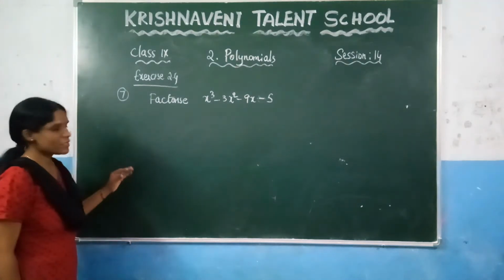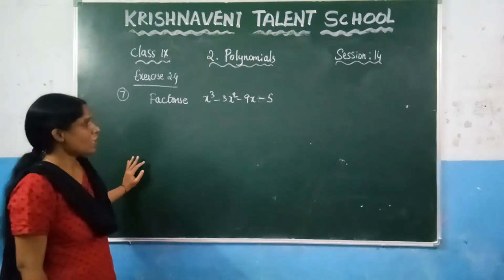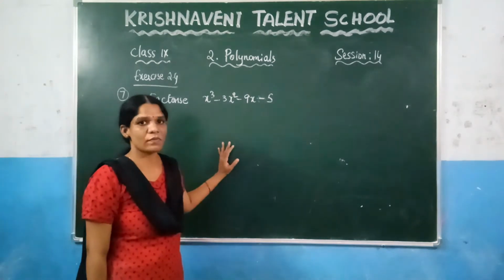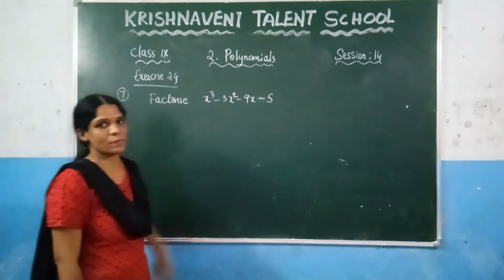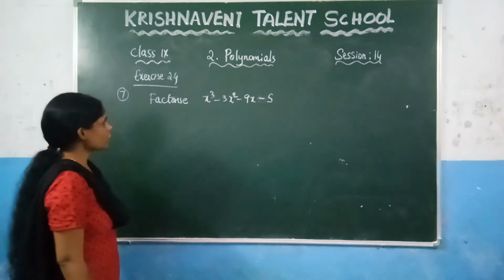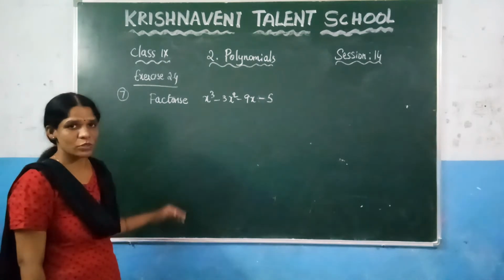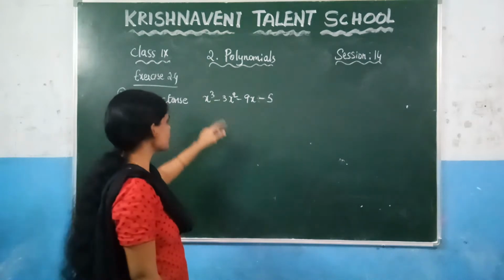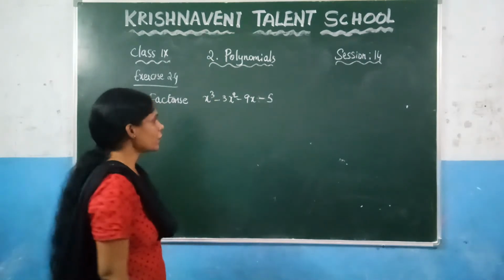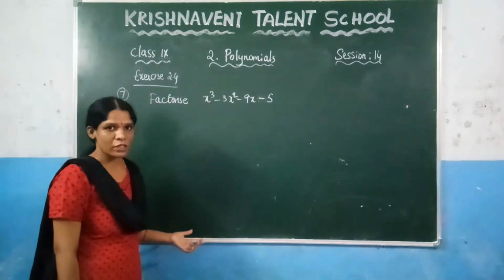In the last session, we discussed factorization, how to factorize a given polynomial. Now, we have done one problem. Now, see the second problem in the seventh question. You need to factorize this polynomial. That means you need to write this polynomial as a product of three linear polynomials, since here the degree is 3. Now, here you don't know at least one of the factors.